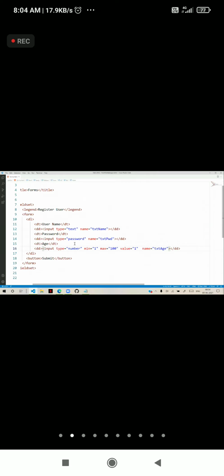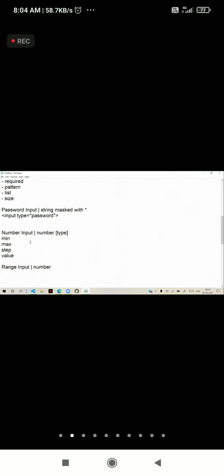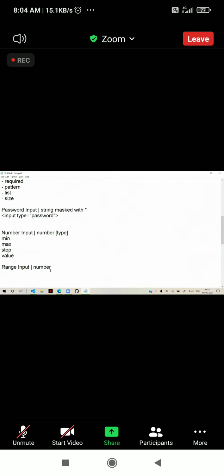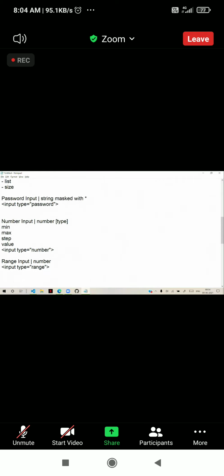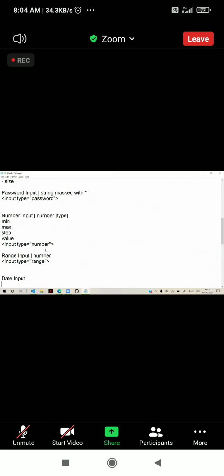So this is the number input and range input. Number input is defined by using input type equal to number, and range input is defined by using input type equal to range. Now similarly, you have a date input, which is used to input dates.